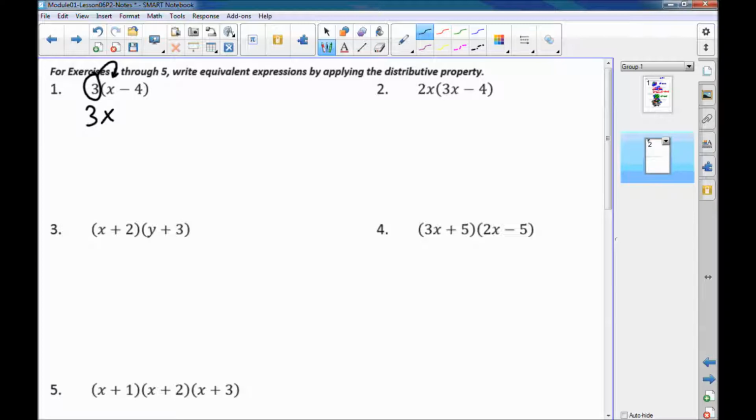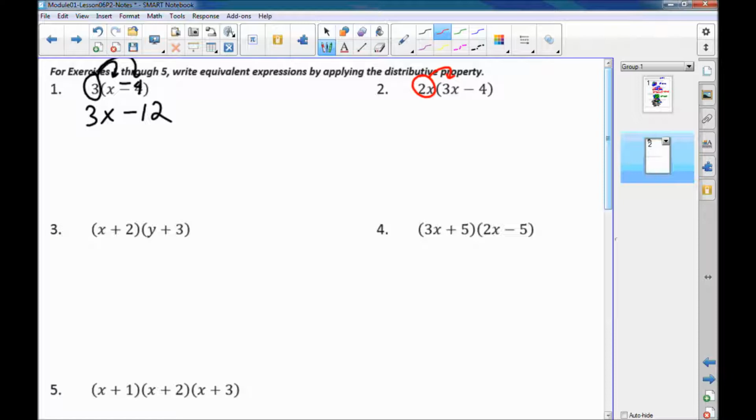So 3 times x. And then I take the 3 and I distribute it to -4. Be careful with that. That's a -4. So 3 times -4 will give us minus 12. Okay. In the second part, number 2 here, we're going to take the 2x and we're going to distribute